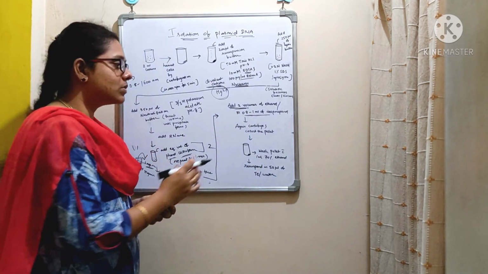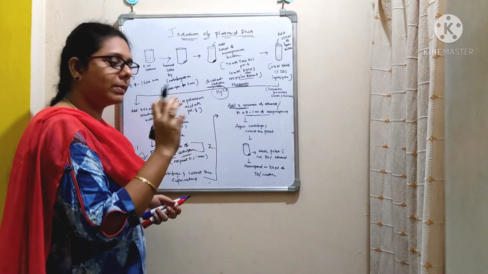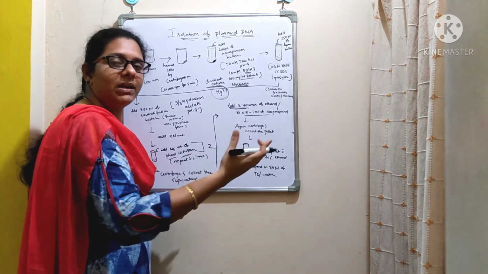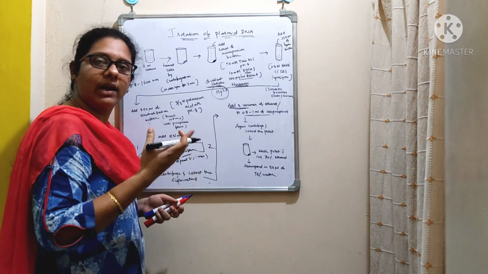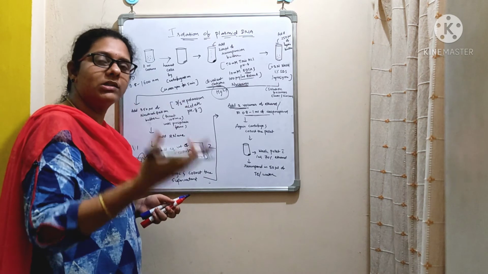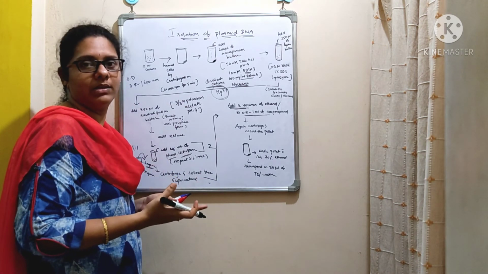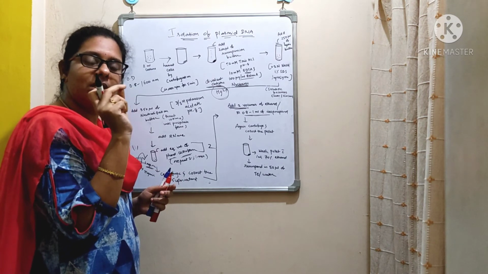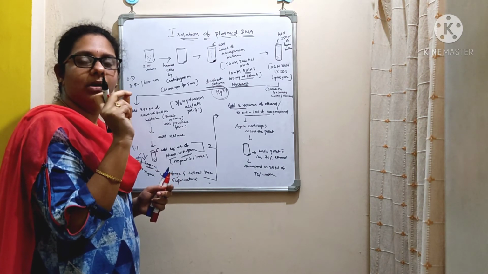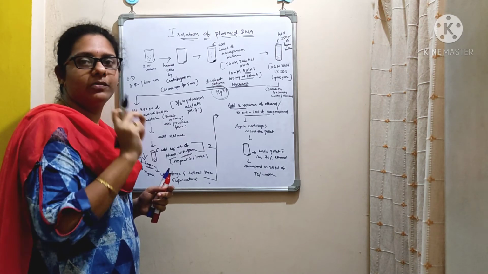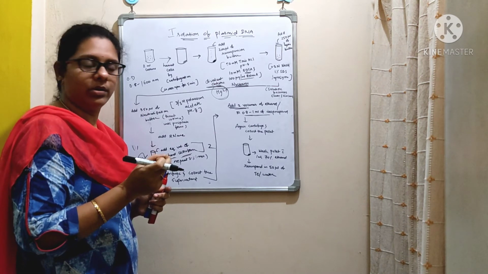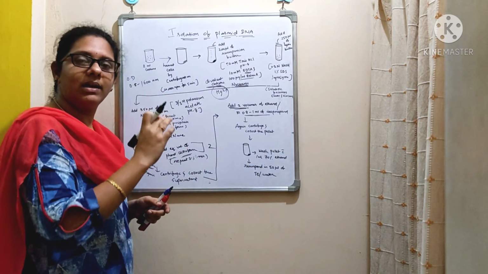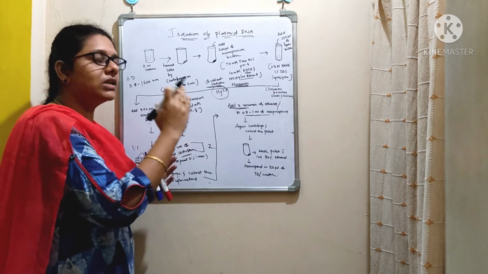1 ml. So after the addition of ethanol and proper mixing, what are you going to do? Again you have to centrifuge it. You can spin at maximum speed, or at 8000 rpm for 10 minutes, or at 10,000 rpm for 5 minutes. After spinning, what you are going to observe is a small plasmid DNA pellet deposited at the bottom. The pellet will stick at the edge of the Eppendorf tube.